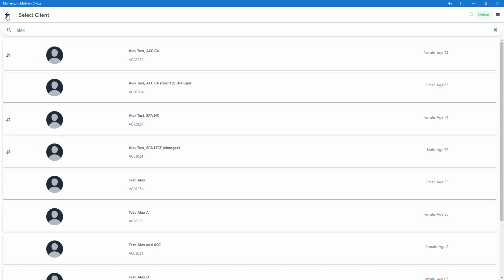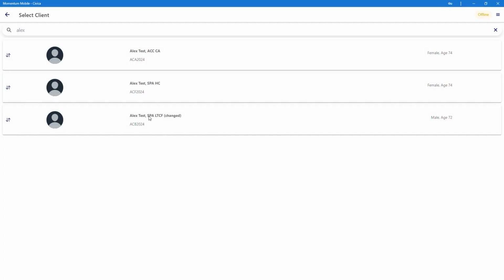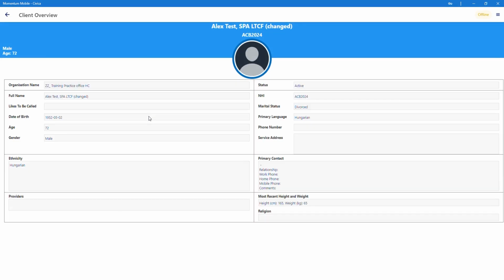When you access the Select Clients page in mobile offline, only those client records you have marked for synchronization are displayed. Click once to open the client record you want to work with. The record will open to an overview page. The information in the overview page is display only, and it is not able to be edited in the app. All changes to this information need to be made in the web-based application.